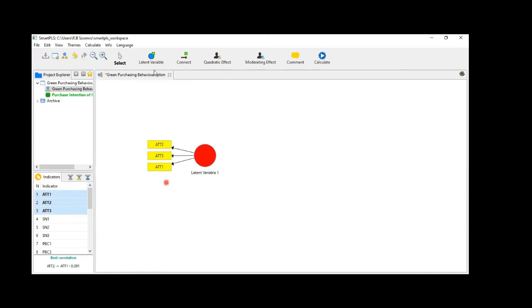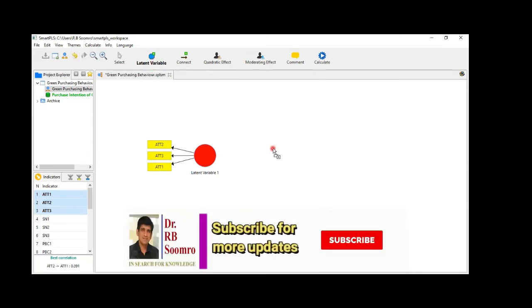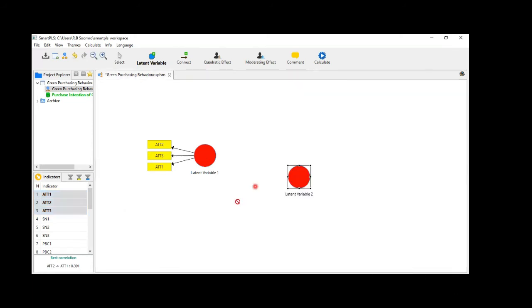Alternatively, this is a latent variable. Just click it. Now see, create a latent variable, Alt 2, a new variable will be created. Or alternatively, you can click here. If you click here, the variable will be created. Upon every click, a new variable will be created until you deselect it. Okay. So when you deselect it, now alternatively you can select this one. Then this will not be selected, or they will be deselected. So now different latent variables are there.